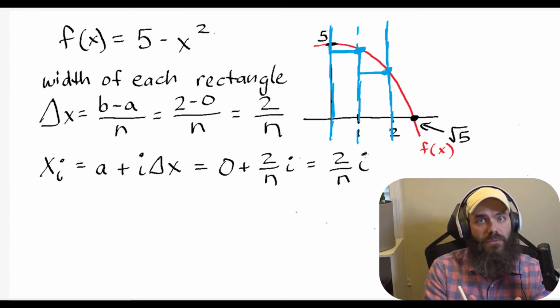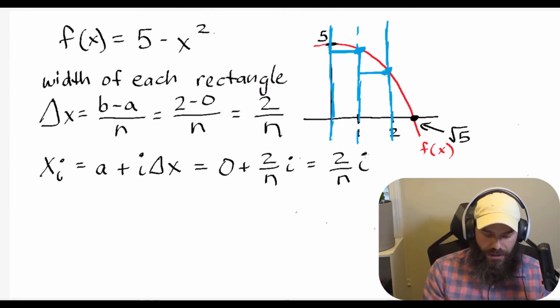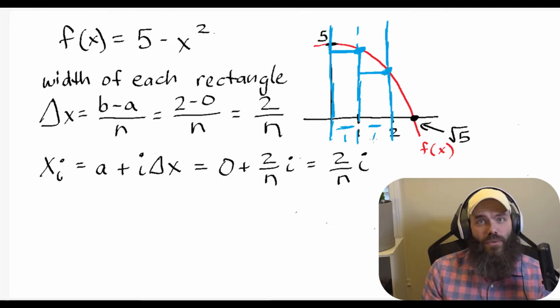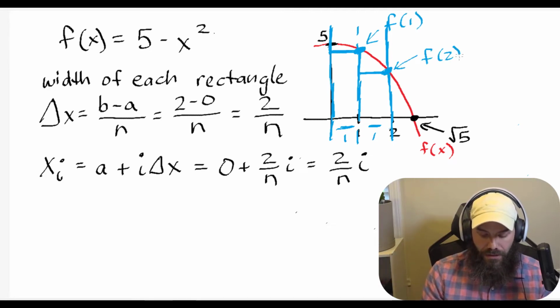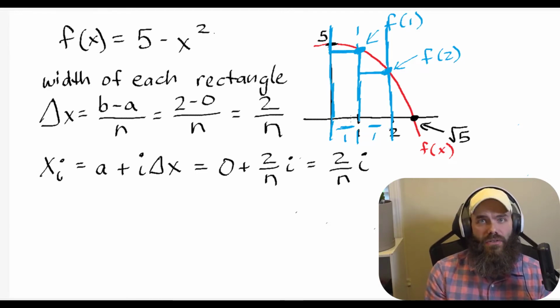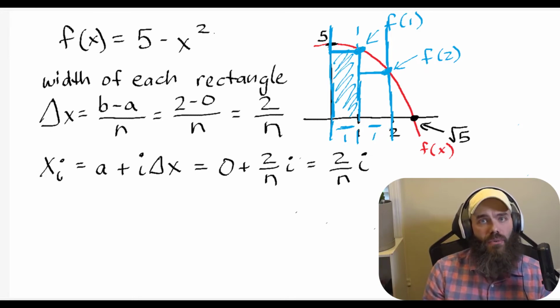Okay, I hope that made a little bit of sense. If I'm using 2 rectangles, the width of each of these subintervals would be 1. The height would be found by taking the function value, in that case, the function value at 1, in this case, the function value at 2. The area of that first rectangle can be found by taking the width, which is 1, and multiplying it by the height, which can be found by the function value at 1, if I'm using the right endpoint with 2